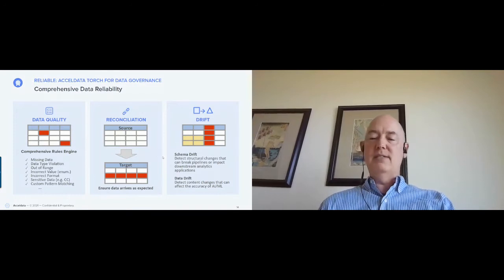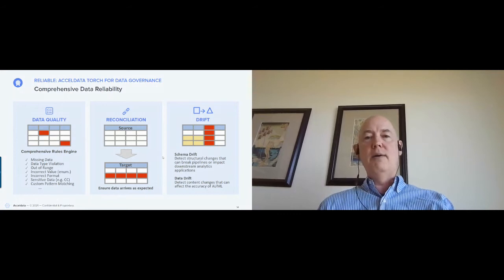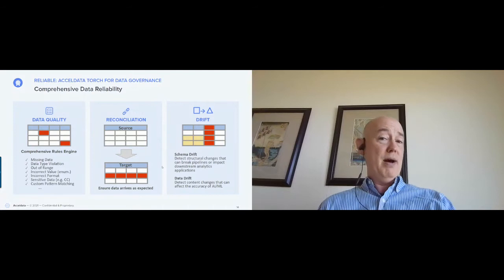And then the other one is data drift. And this really has to do with spotting trends in the data itself. So you may get a new pattern emerge from just changes in the world, and it might meet all of your data quality rules. The data might arrive as expected. There's no structural change, but you may want to have visibility or awareness of those types of trends. It could be an indication there's a problem with the data.